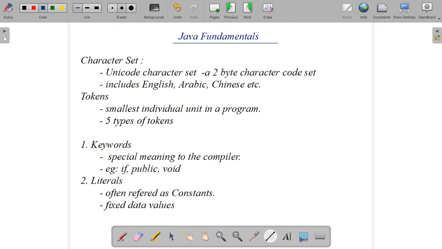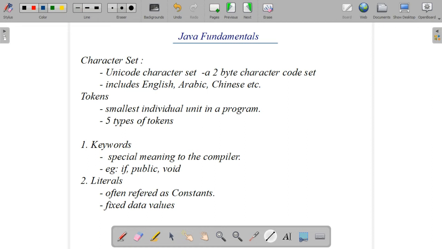So what are keywords? Keywords are the words with a special meaning associated with them, and these cannot be used as a normal identifier name. You know different examples also: if, while, this, private, public, class, static. These are examples of keywords. Next one is literals. Now you know keywords, that is one of the tokens. Keywords we finished. Next one is literals.